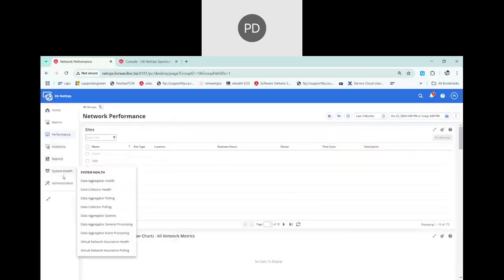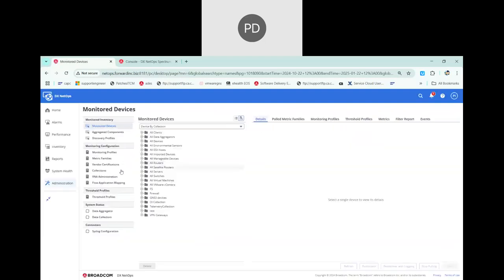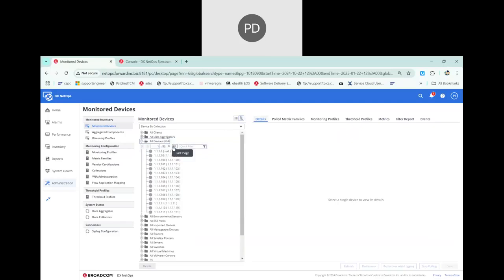Okay, and how do we do it? I mean, what are the metrics we collect? Okay, if there is any room for customization, can we add custom metrics, or can we add custom rules? So I will show you what are the metrics that we collect, and what are the things that you can do changes, right? So when I go to all devices,